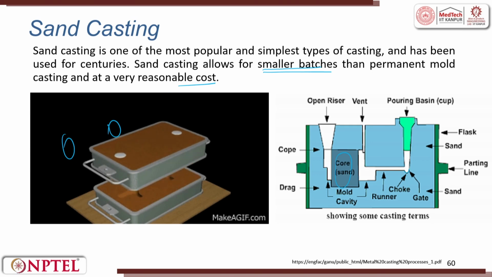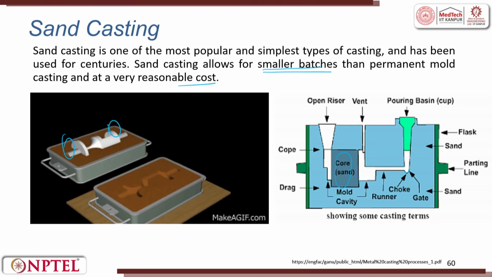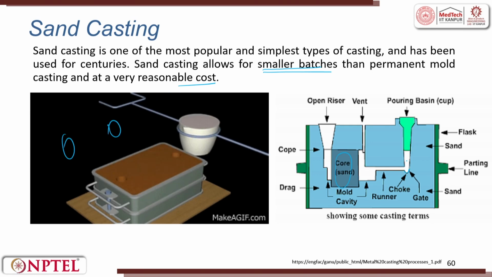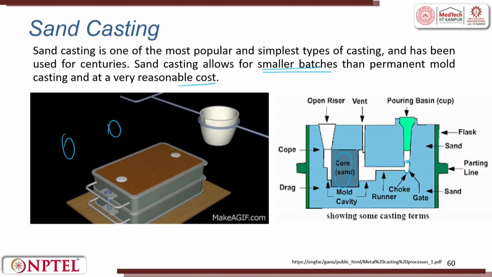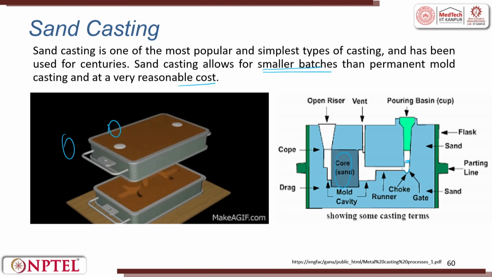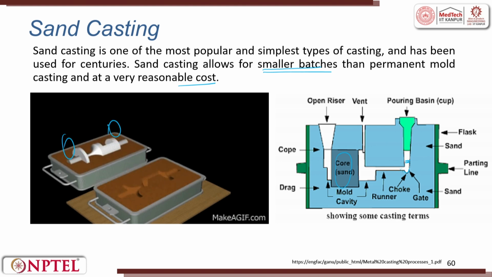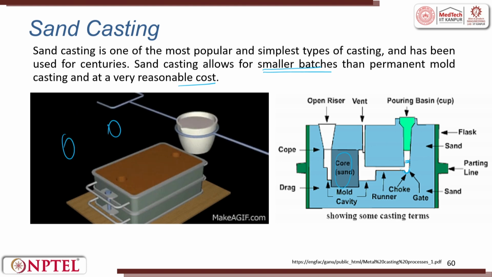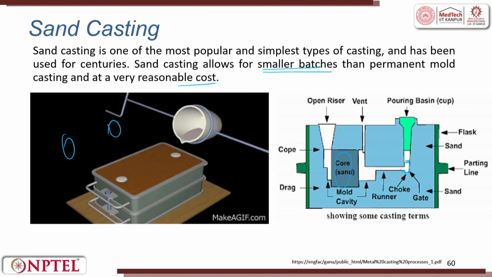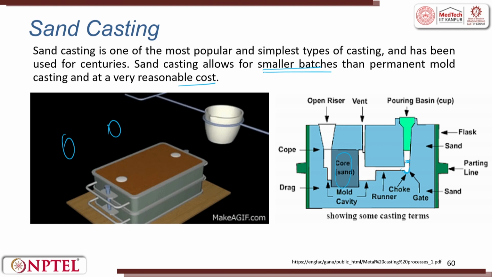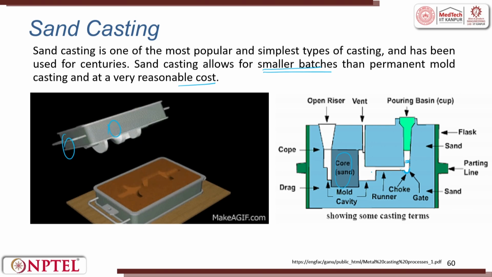And here you have a choke. So, the choke will try to retain the sand particles, or you can have a filter here, which tries to filter out all the sand particles, allow the liquid to flow, and this skim bob is also used. These are all ceramically made. So, any sand particles will deposit here and only the liquid metal will flow.